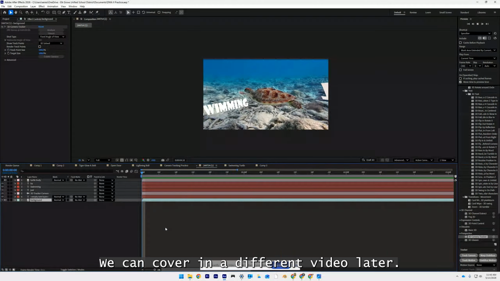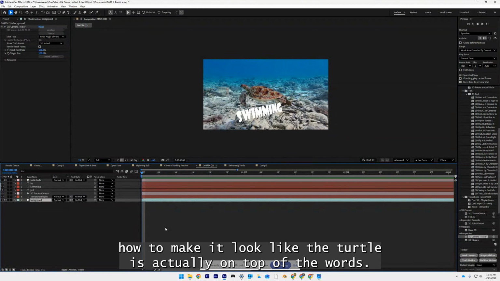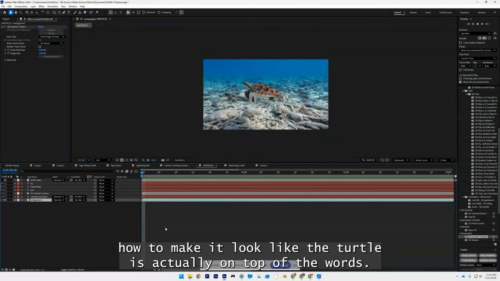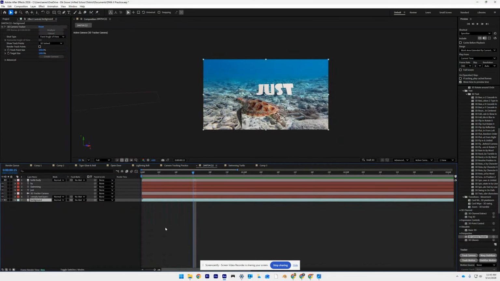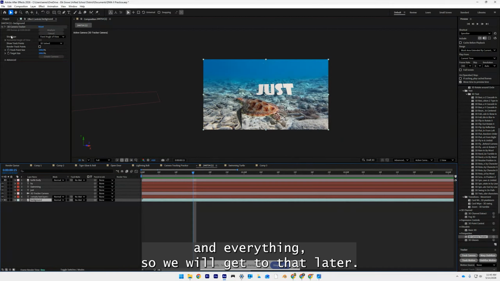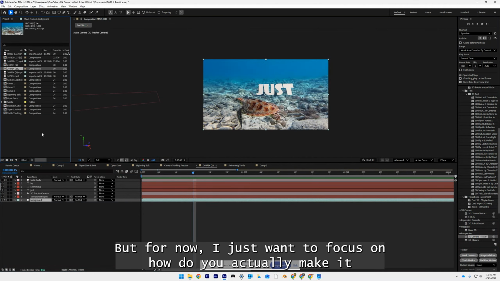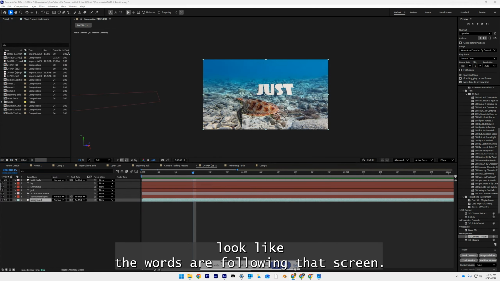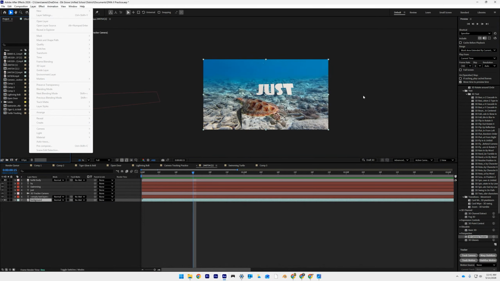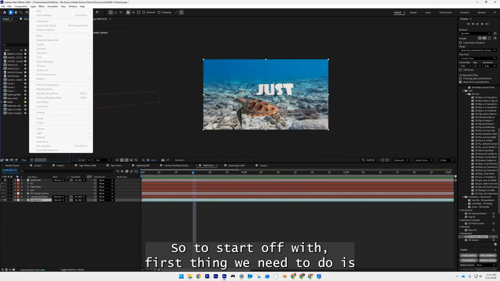We can cover in a different video later how to make it look like the turtle is actually on top of the words. That involves a bunch of masking and pathing and everything. So we will get to that later. But for now, I just want to focus on how you make it look like the words are following that screen. So to start off, the first thing we need to do is find the